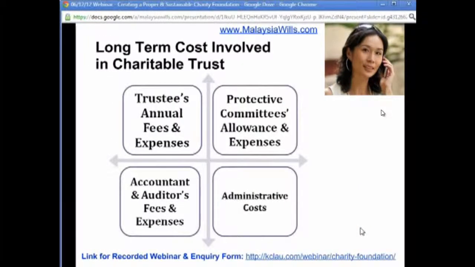So when you set up a charitable trust, besides the initial setup cost, which is the trust deed, there are other long-term costs involved, which you need to factor in. Mainly there are 4. First, we start here, the top left corner, which is the trustee's annual fee and expenses. I think I didn't put it here, but you can find